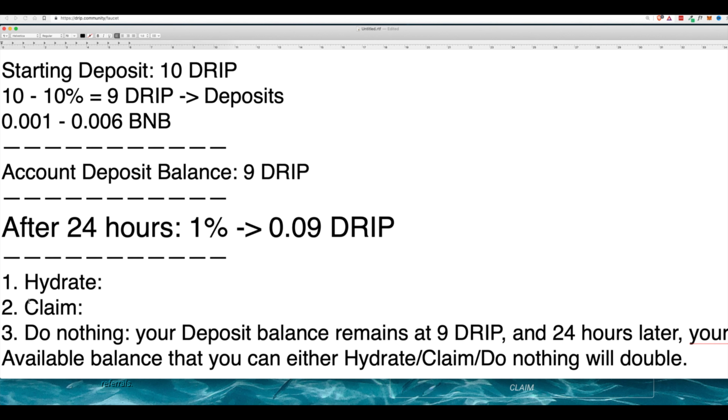Because if you look at this 9 DRIP deposit, you'll have this amount after the first 24 hours. After the next 24 hours, you'll have another 1% from your 9 DRIP deposit, and this amount will double. And as long as you do nothing, this amount will continue to grow. It'll keep doubling and tripling and quadrupling and so on